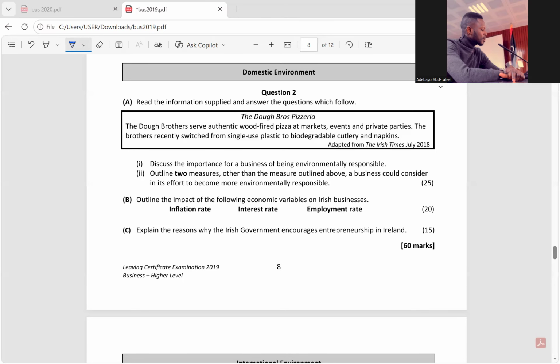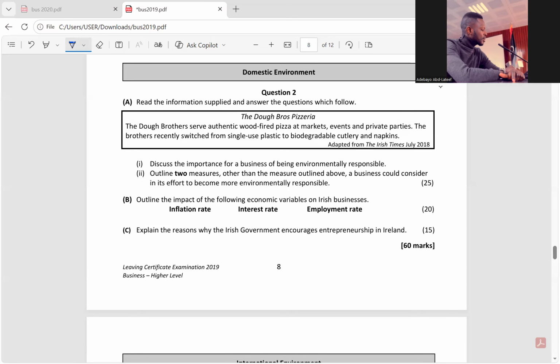And the third one, reduces disposable income to consumers, which in turn reduces consumption, lower revenue. Consumers will not also be able to borrow. And because they are unable to borrow, their purchasing power reduces. And if their purchasing power reduces, they spend less to buy goods and services, which brings about lower revenue for businesses in Ireland. Now, this is high interest rate.